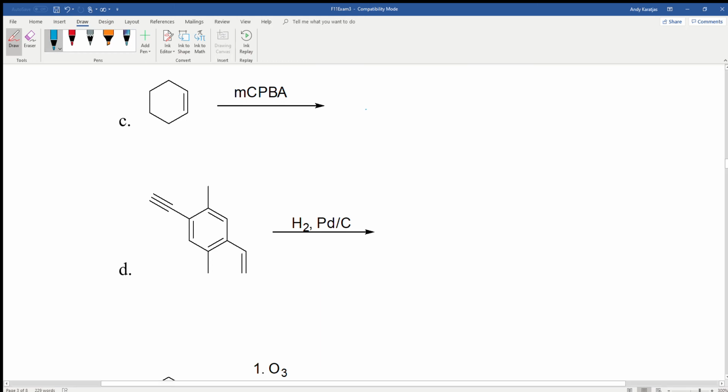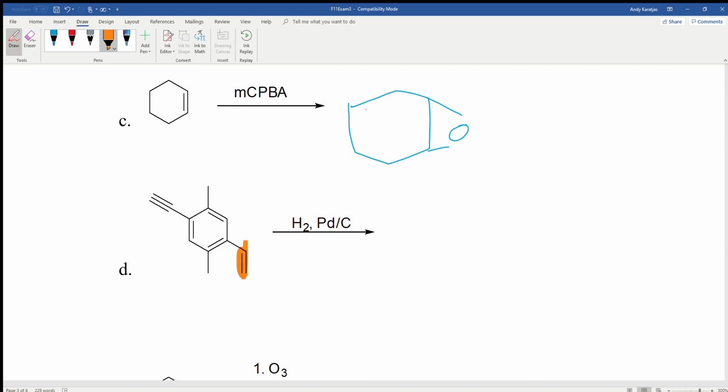Part C, MCPBA, is an epoxidation. And so we just see that our alkene gets converted to the three-membered ring, the epoxide. Part D, we're looking at a hydrogenation reaction, the addition of hydrogen. Now recall that will add to an alkene. It will also add to an alkyne. What it will not add to